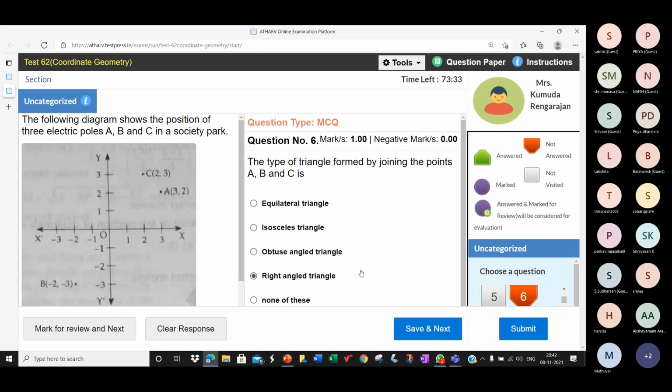All right. Okay, children. So we need to find AB, BC, and AC. Or you can directly find AB square, BC square, AC square. 52 is the biggest, and we find that 50 plus 2 is equal to 52. AB square plus AC square is equal to BC square. So the vertices form a right triangle.